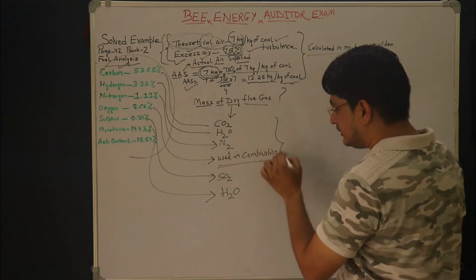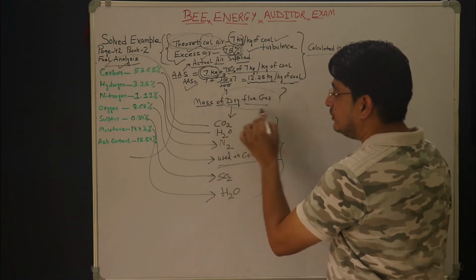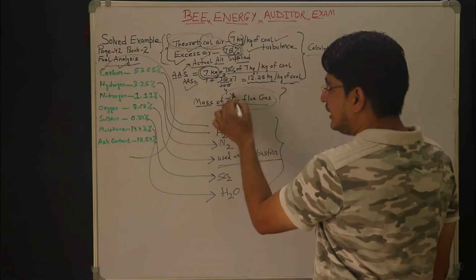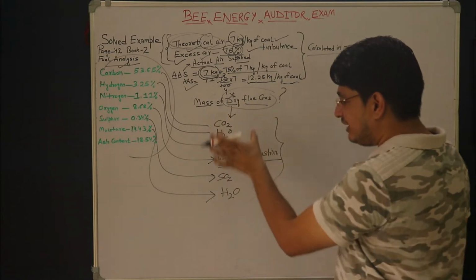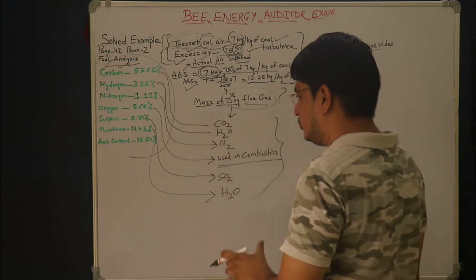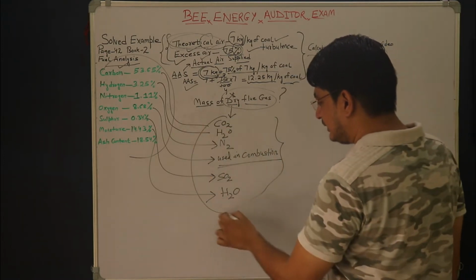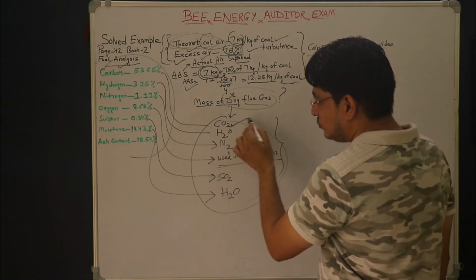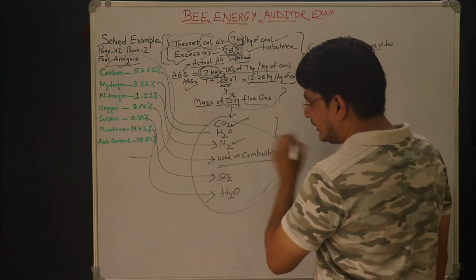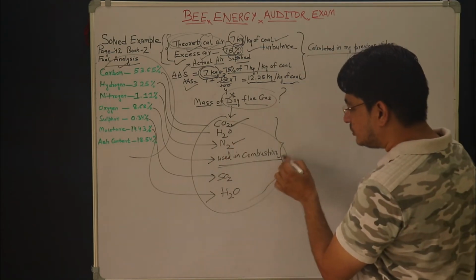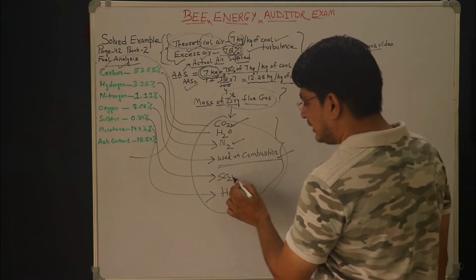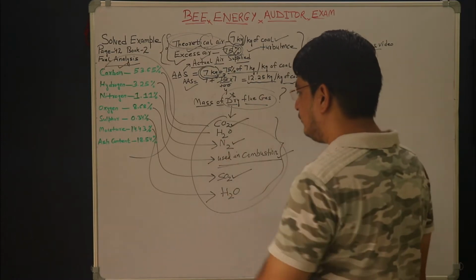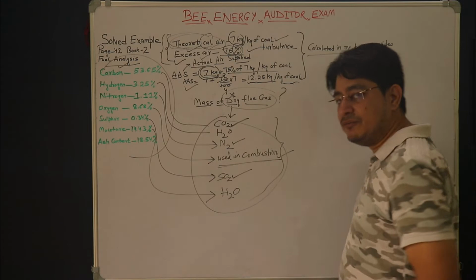Now these are the constituents which will be present in the flue gas. But remember what we are calculating. We are calculating for dry flue gas. So we will not take all the constituents as such. What are the constituents among these which is contributing towards the dry flue gas? The first one is CO2, carbon dioxide. The second one will be nitrogen. The third one will be oxygen. The fourth one will be sulfur dioxide, and this H2O we will not be considering, because as I have told you, we are considering only for dry flue gas.